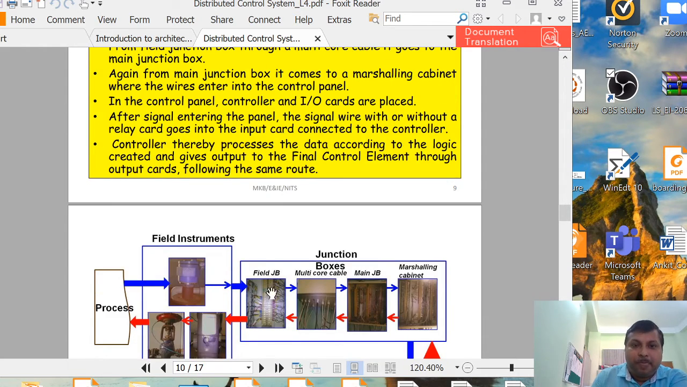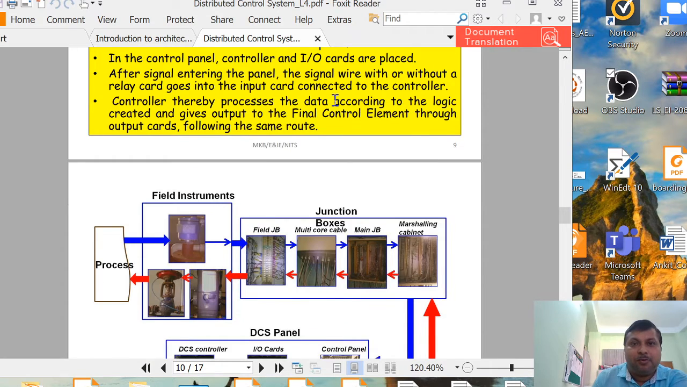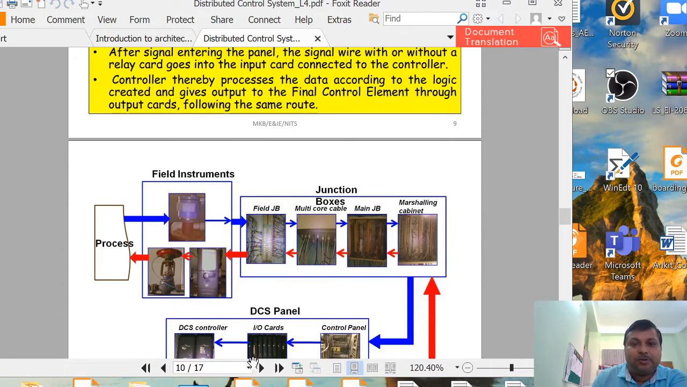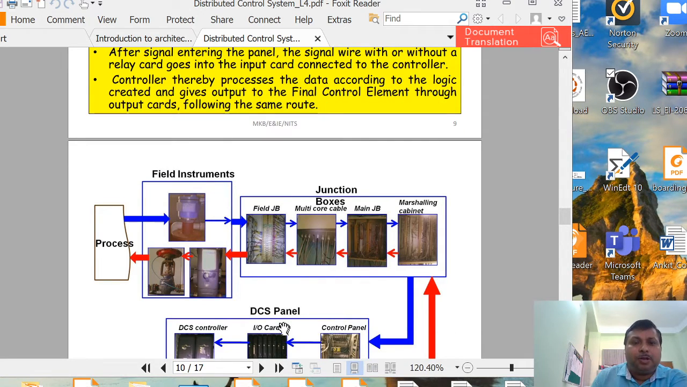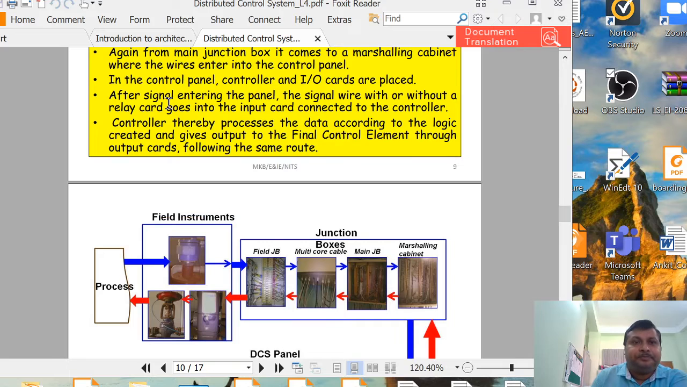Now this group of signals or group of wires comes to the main junction box through a multi-core cable. Again, from the main junction box, it comes to a marshalling cabinet where the wires enter into the control panel. So now the signal is going to the control panel through the marshalling cabinet. After entering the control panel or DCS panel,